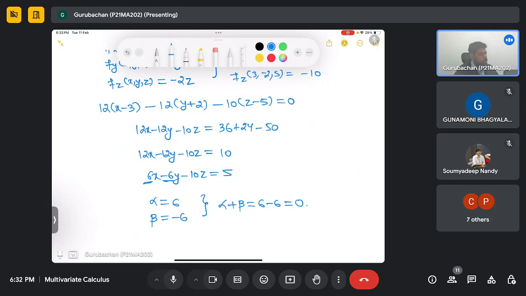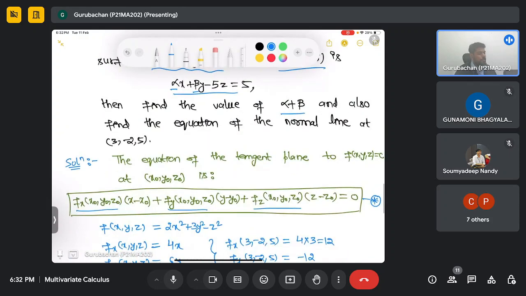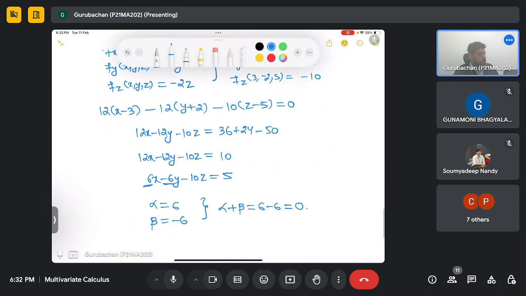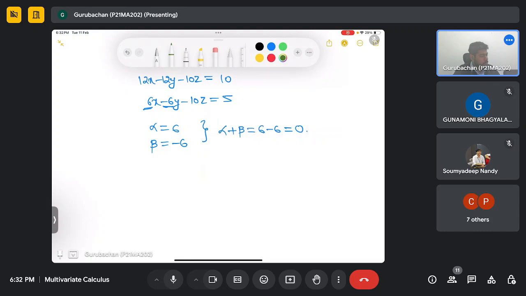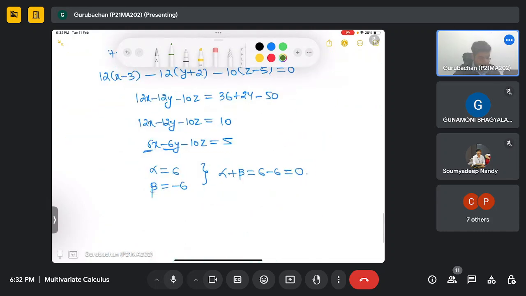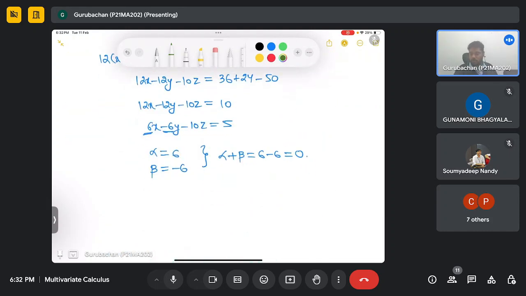Now, what is the other question? They are asking to find the equation of the normal line of the same f at the point 3, minus 2 and 5. So let me first recall what the equation of the normal line is. The equation of the normal line